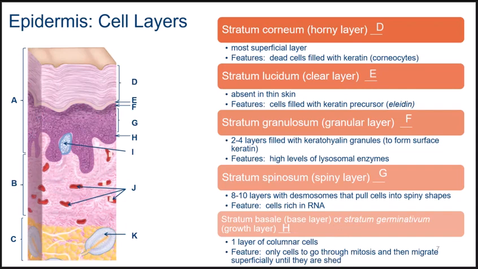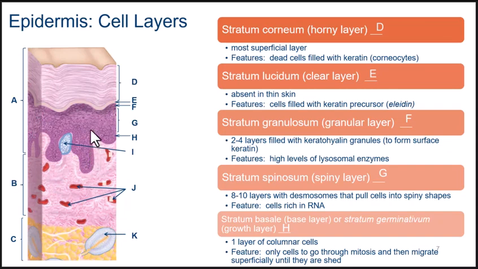And only the cells that are within this deep layer are actually going to undergo the process of mitosis. So cells that are formed here in this layer, so the very bottom part of the epidermis, these cells are going to undergo mitosis. So this single layer, this simple columnar epithelial tissue is going to undergo mitosis, and then